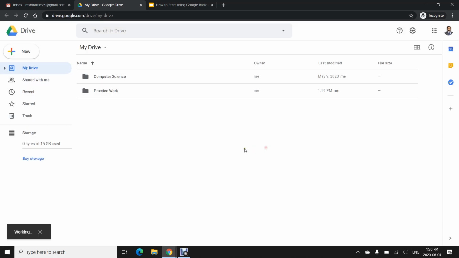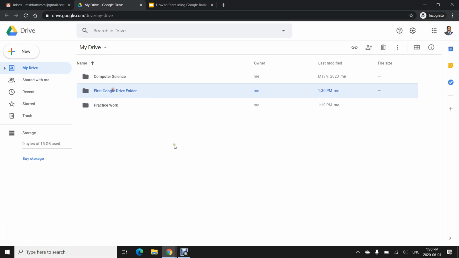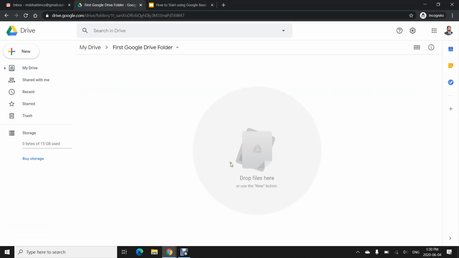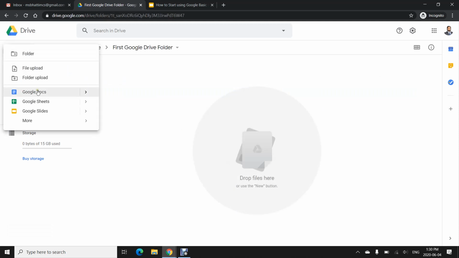Okay, so double click to open the folder definitely, and inside the folder I need to create a Google document. Just click on the document, it's created.